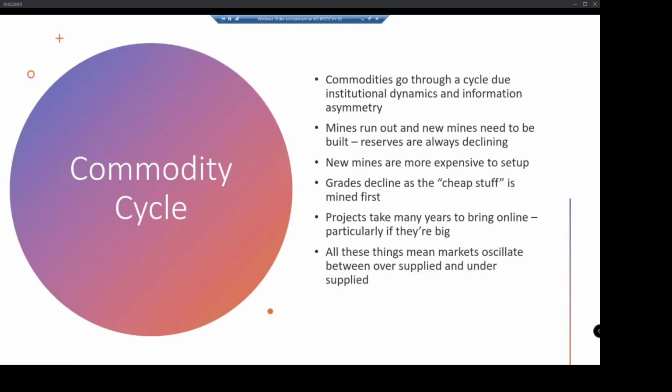So there's a commodity cycle. Basically, commodity prices go through this cycle over time, and 2010-11 was a peak of the commodity cycle, and then by about 2014, we were back in the dumps. Everyone hated gold, everyone hated oil, everyone hated iron ore. It was just the pits. Now a lot of commentators are talking about the fact that we're heading into another commodity super cycle. I don't know how true that is, but it's an interesting theory.